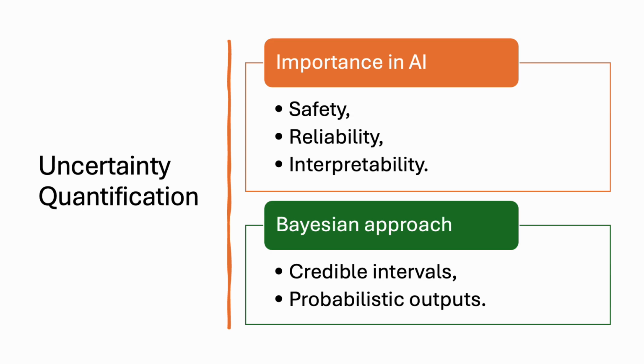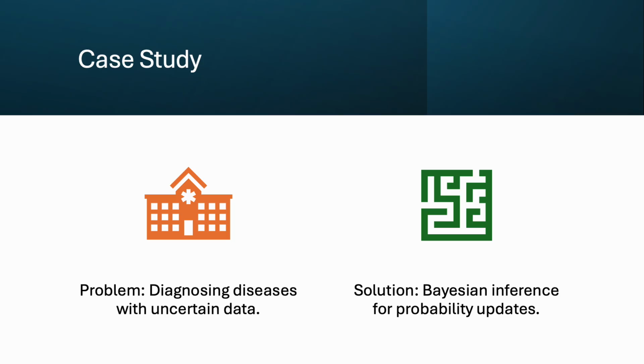Uncertainty quantification. The importance in AI is safety, reliability, interpretability. The Bayesian approach allows us to look at credible intervals and probabilistic outputs, and we have discussed all these in quite depth earlier. The case study problem is diagnosing disease with uncertain data, as we discussed about looking at the COVID testing and all those disease testing in the previous discussion. The solution is Bayesian inference for probability updates, which allows us to look into